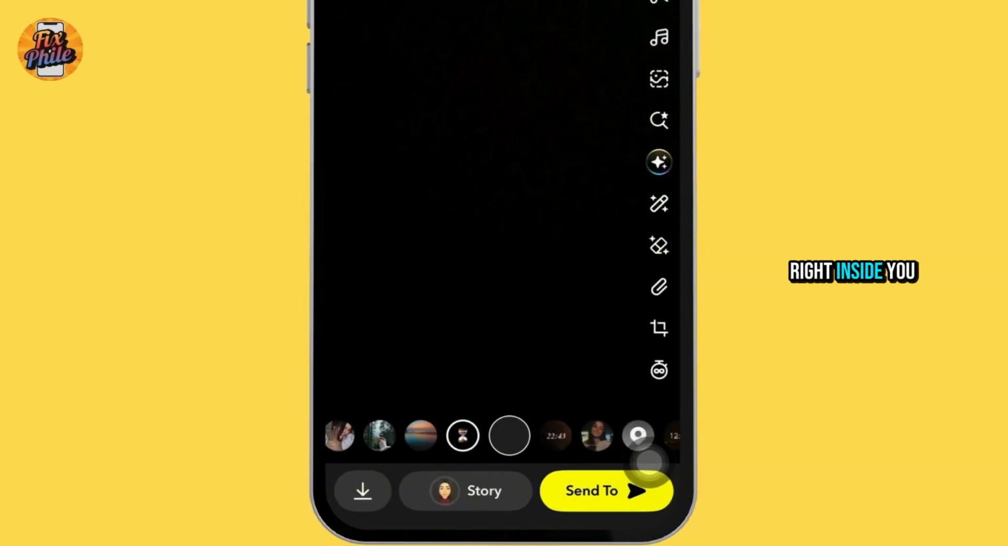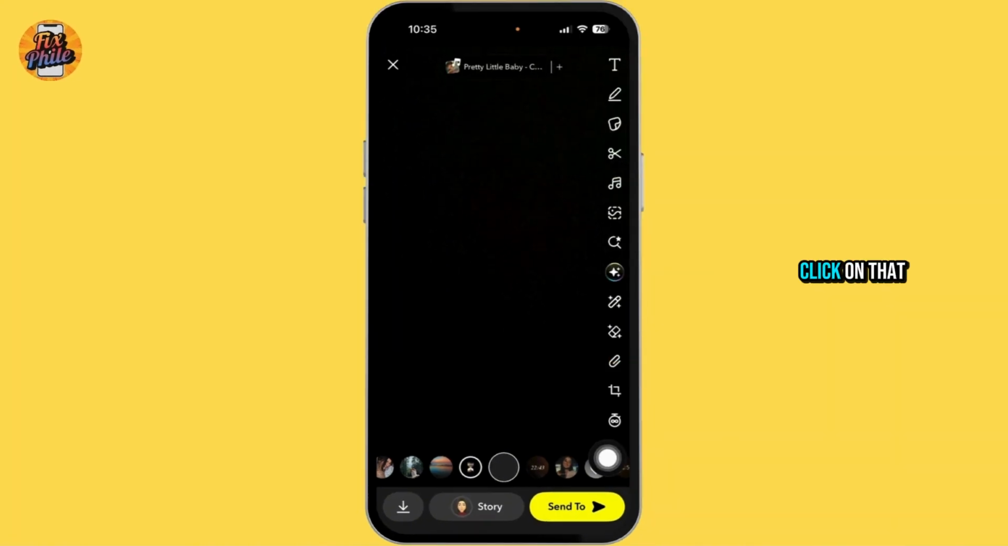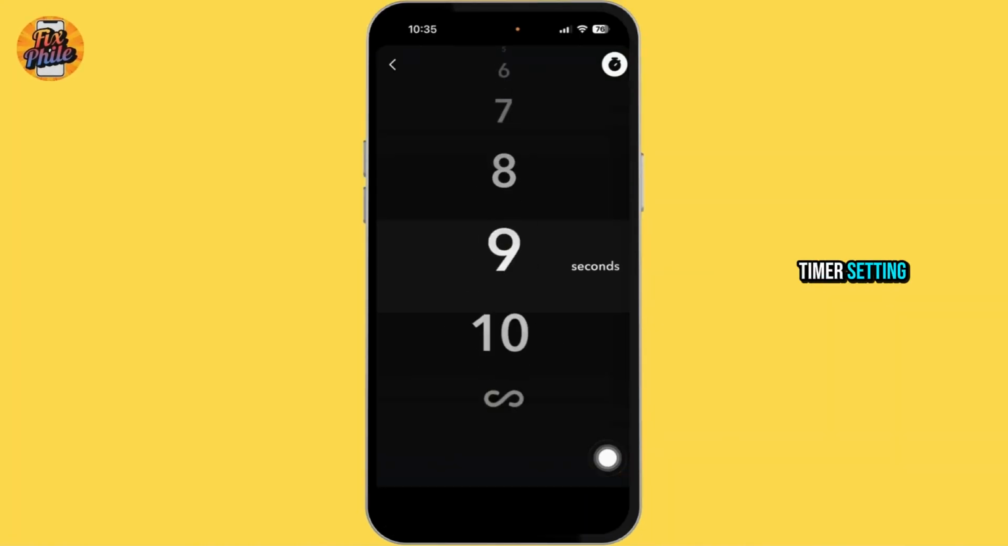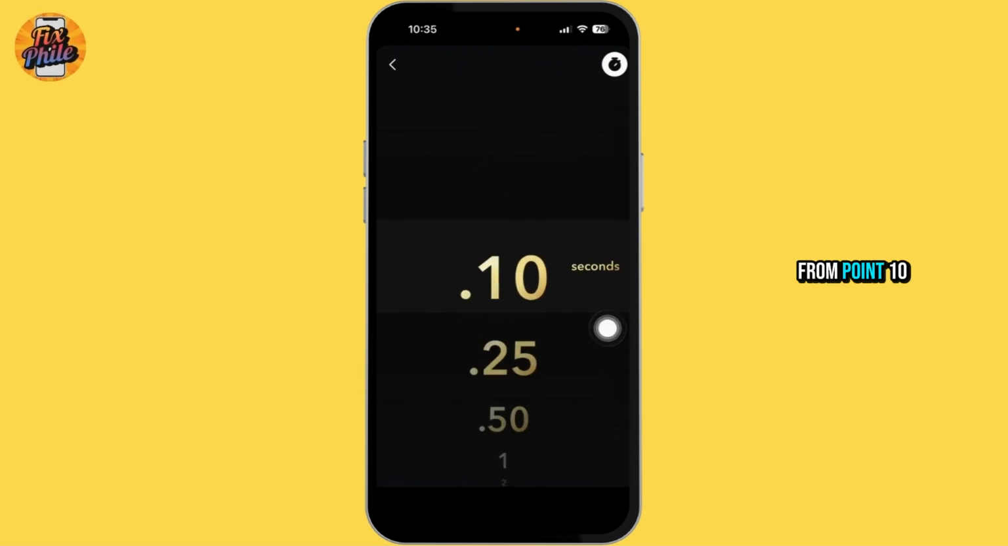Now at the right hand side, you're going to find different icons. At the very bottom, you're going to find this loop icon. Click on that. This is the timer setting. So here you're going to find different timer options from 0.10 seconds to infinity, but you'll need to select 0.10